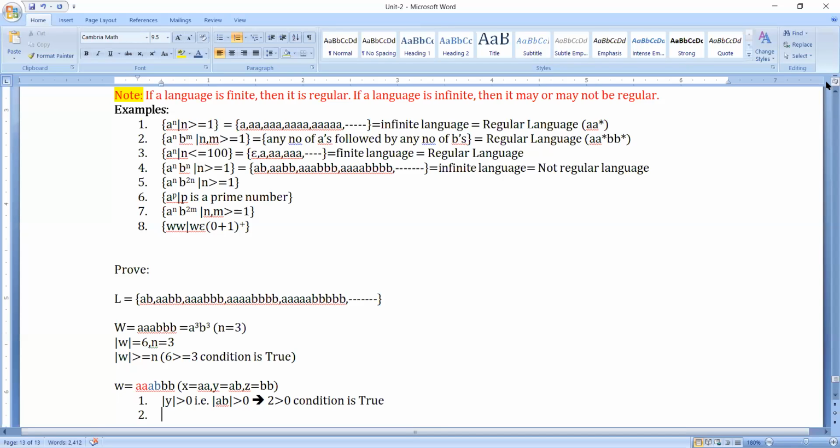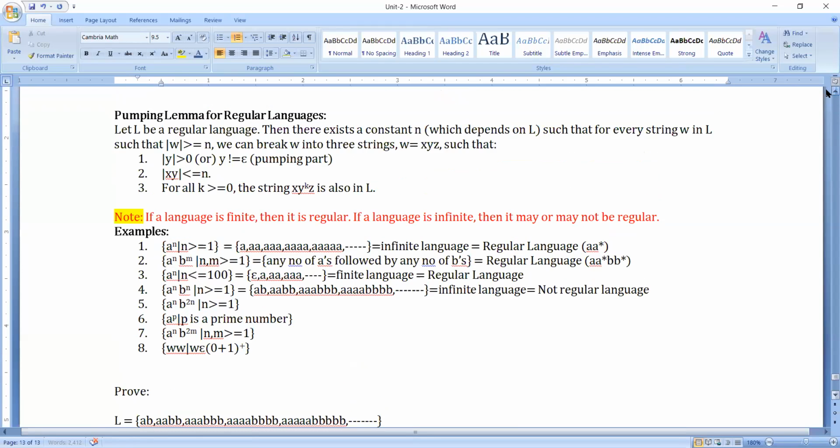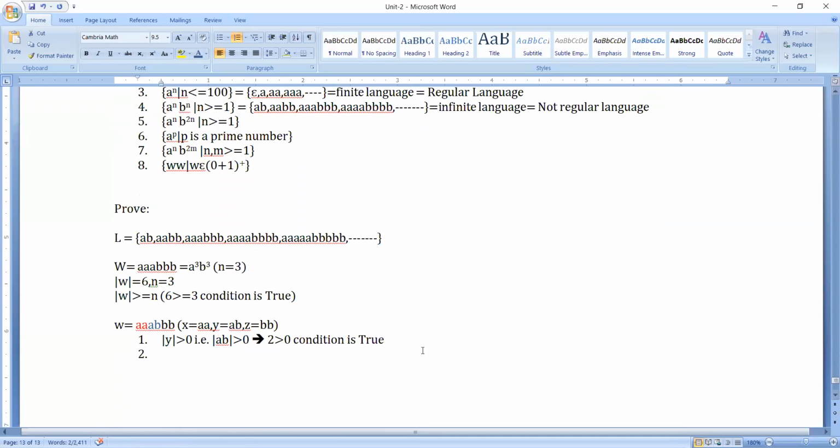Then what is the second rule? The second rule says that the length of xy should be less than or equal to n. What have we taken?